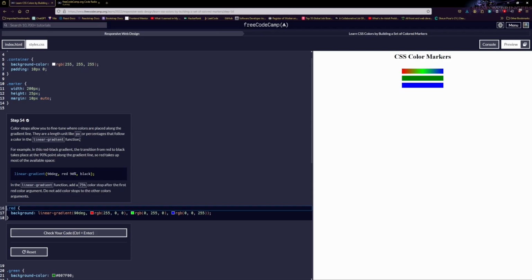Color stops allow you to fine-tune where colors are placed along the gradient line. They are a length unit like